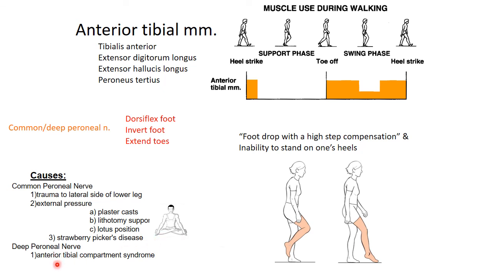And the deep peroneal nerve particularly is affected by anterior tibial compartment syndrome. So in that anterior compartment of the leg that we reviewed earlier, if you haven't used those muscles in a while and then you go out for a run, say spring comes along and it's nicer weather, and you want to go out for another 8-mile run that you used to do in the summer, you go out for your first one and you come back and you realize that your leg is going numb and it's swelling and it's hurting a lot,